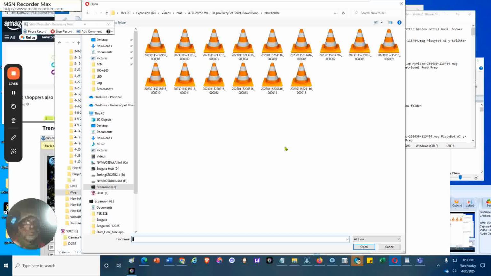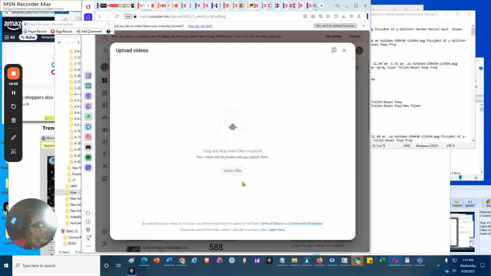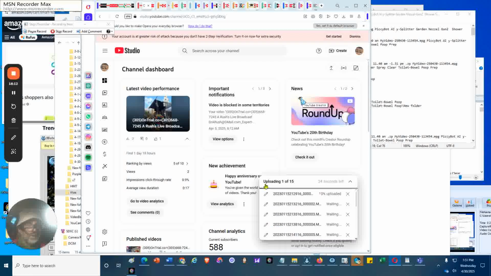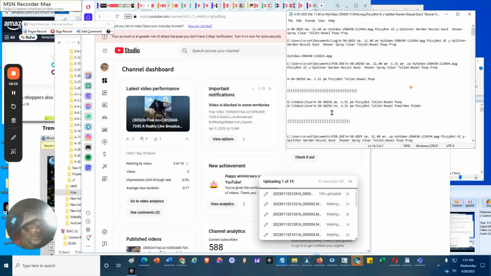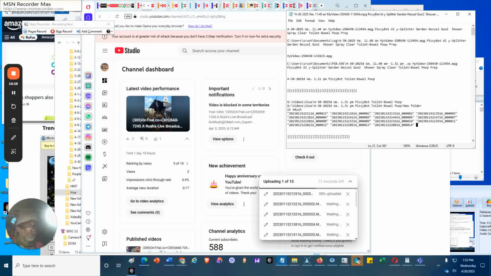For that purpose, I'm going to mark the first subfolder, shift tab to the last one, copy the subfolder names to the clipboard buffer, and then click the open button to upload them to YouTube. Watch the YouTube uploading one of 15 folders, and then go back to my notepad and document it by typing 1:15 ARush, the channel, enter, and Control V to paste the videos. And now file save, to save the text file,